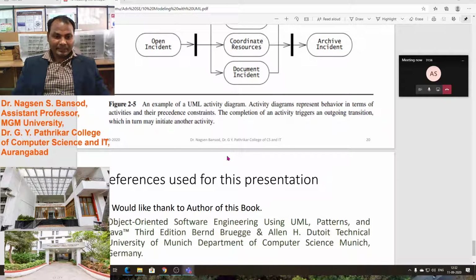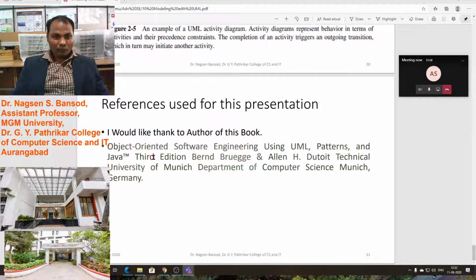For this presentation, we used Object-Oriented Software Engineering Using UML, Patterns, and Java, Third Edition, by Bernd Bruegge and Allen Dutoit, Technical University of Munich, Department of Computer Science, Germany.